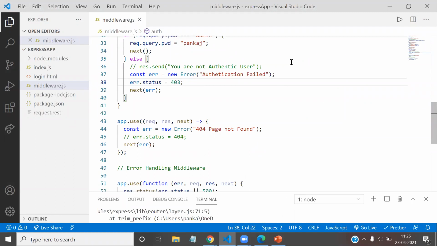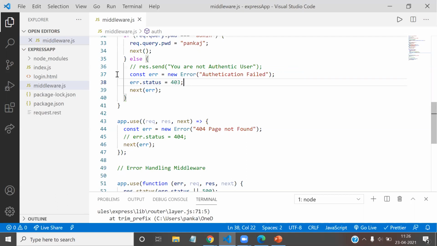I'm making these static resources for the user, and to make them static resources, we use the built-in middleware. So how can we use built-in middleware? Whenever I enter the base URL, the home URL, I want the user to be redirected to index.html. By default, it is always index.html.